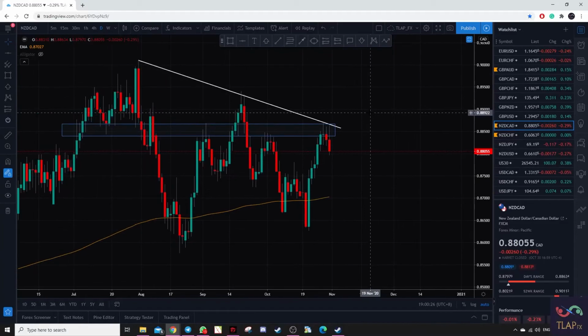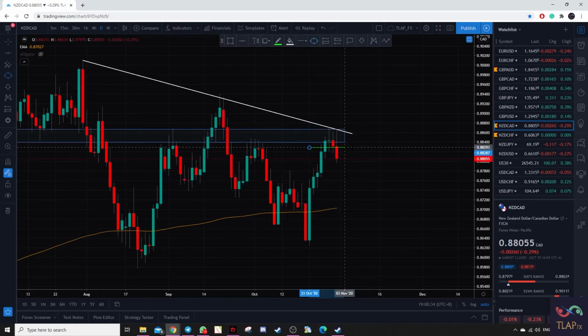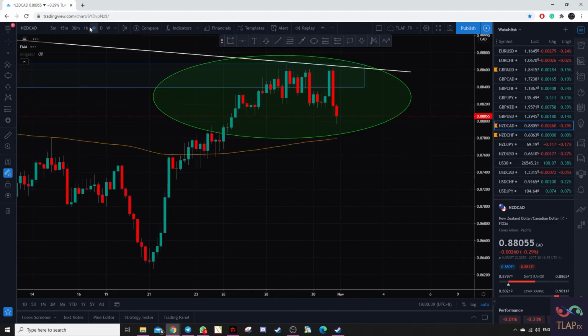Next up, we have NCAD. You can see that prices rejected this descending trend line, and we have a neckline structure here. So you can see that daily actually turned. Very nice bearish structure over here. And looking at the lower time frame,